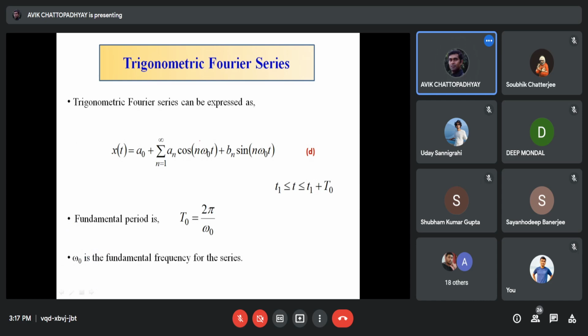So this is term 1, term 2, this is term 3. So if x(t) is even, then we expect, it all comes from the intuition. Just to see, because it is quite obvious that the cosine function by itself is even in nature, and the sine function by itself is odd in nature. So obviously, to retain the property of evenness of the original periodic function x(t),